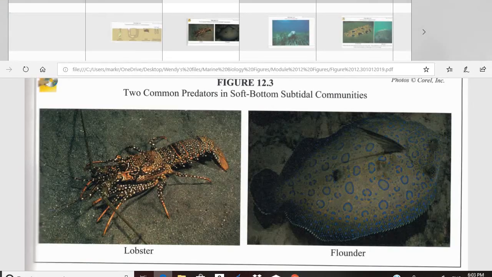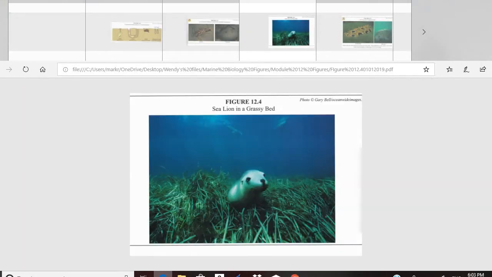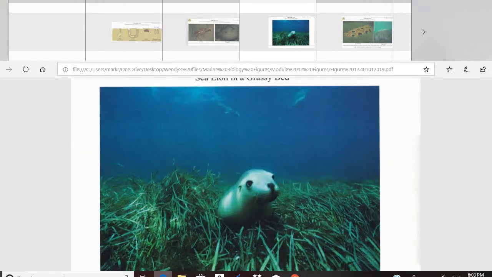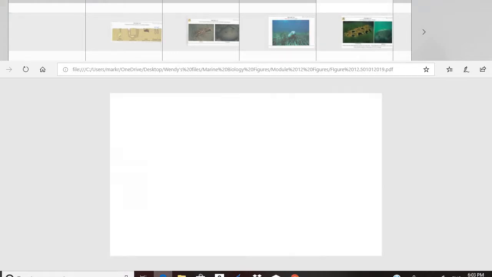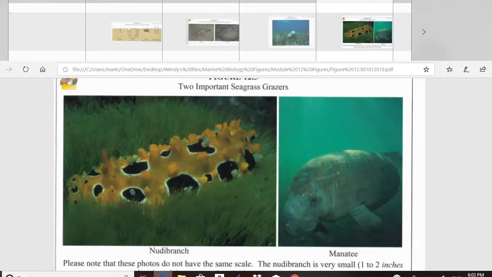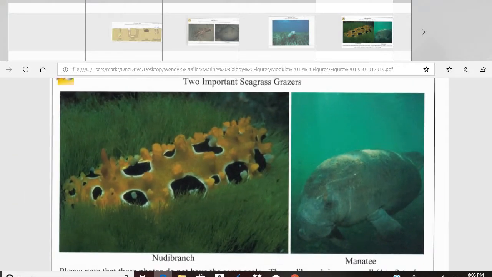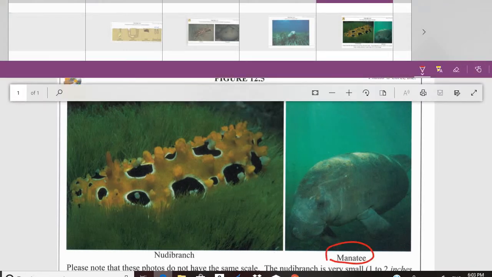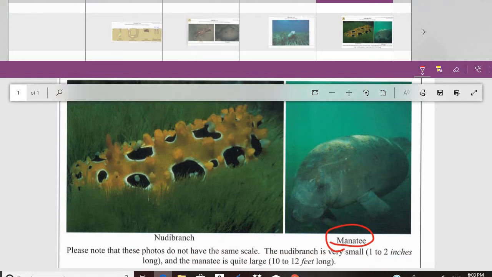So look at a couple pictures. Here is a sea lion that's living in a grassy bed. So we'll get some mammals living there. This is a nudibranch, which is kind of an interesting organism that we don't have time to study, but you've all probably heard of manatees. And so the manatees, they are one of the really important